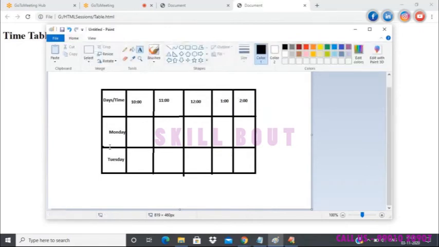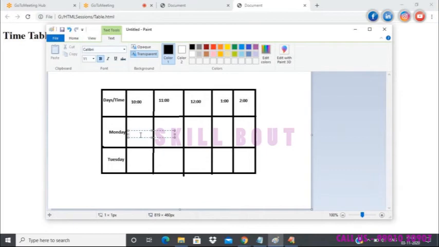So we have a couple of days here with some slots available for the time. So I'll just keep on adding the subjects.